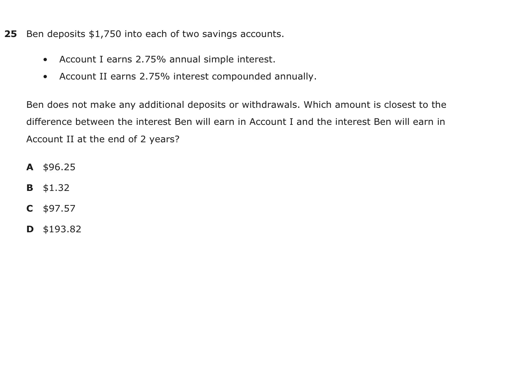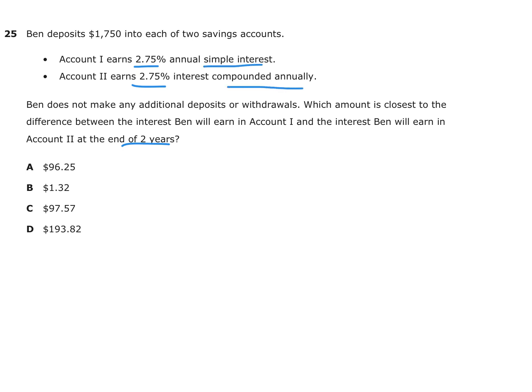Which amount is closest to the difference between the interest Ben will earn in account 1 and the interest Ben will earn in account 2 at the end of 2 years? And this is multiple choice, and you have your answer choices. Now, since the amount of time here is 2 years, and the interest is the same, only that it's computed differently,